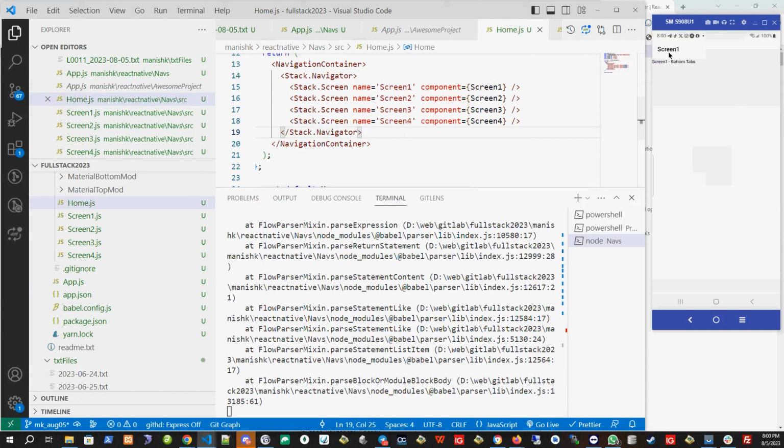Okay, so you will see screen 1 as a default, and this is screen 1 bottom tabs. I forgot to add the screen navigator. Let me give it to you again. Okay, let me get the whole file. Okay, as soon as I put the screen stack.navigator, you will see screen 1 as the top default one